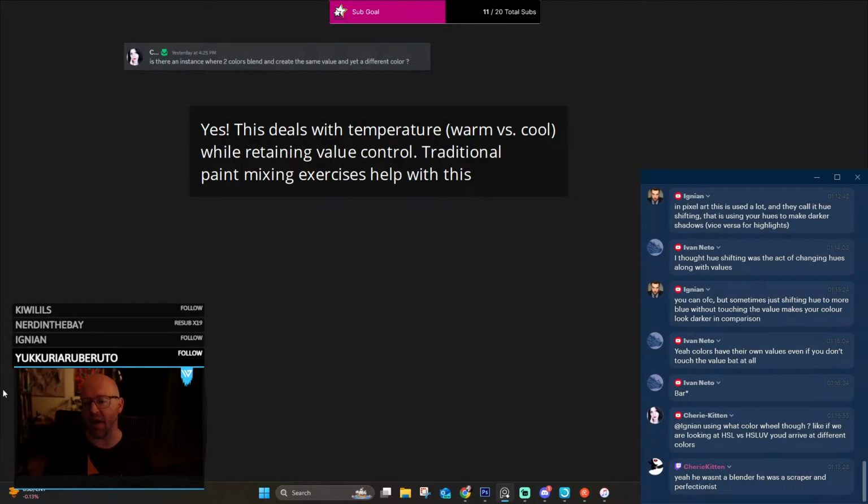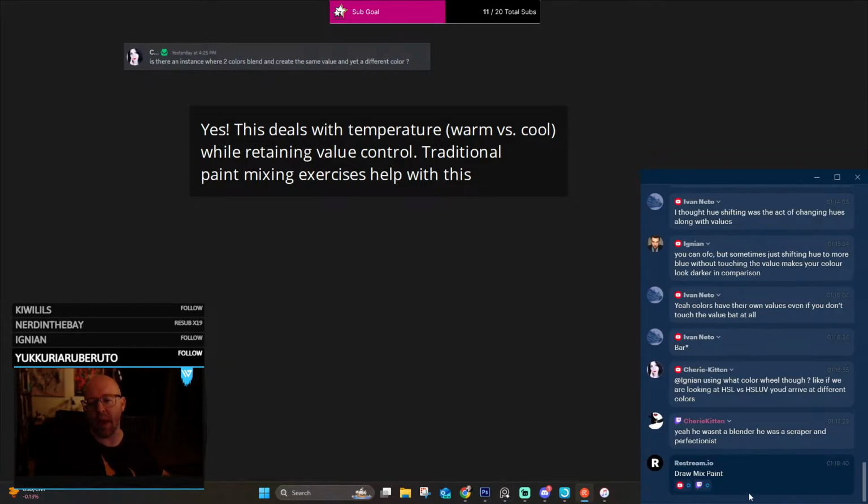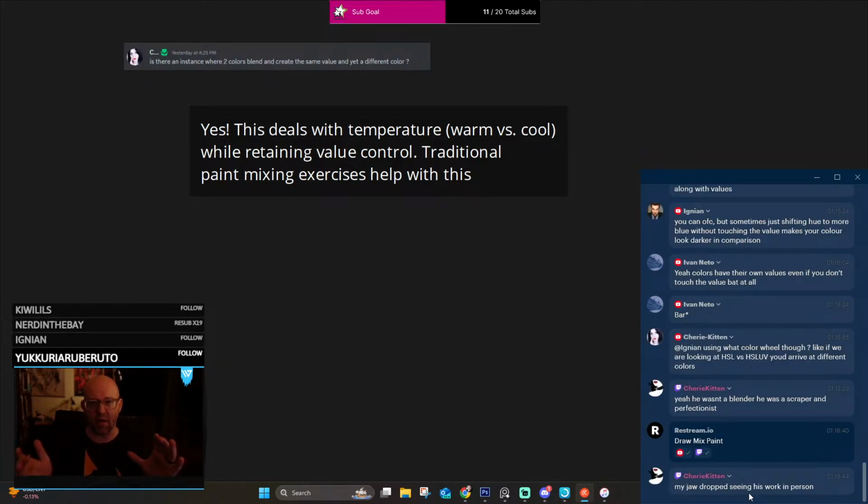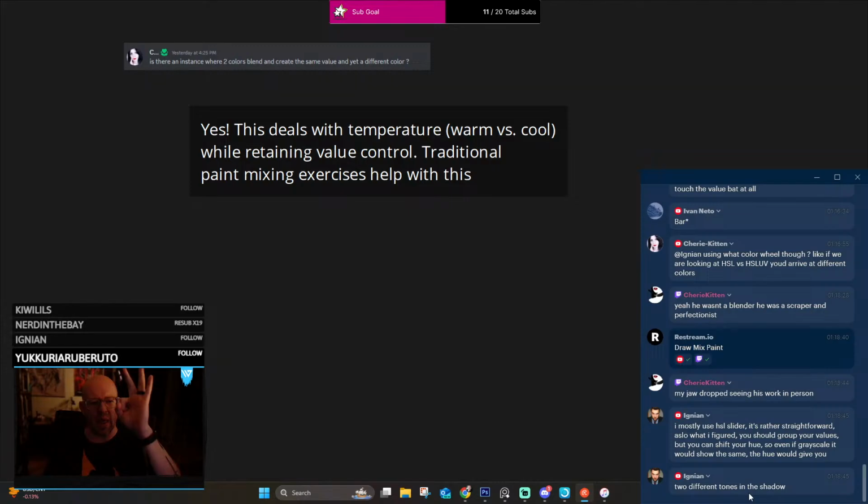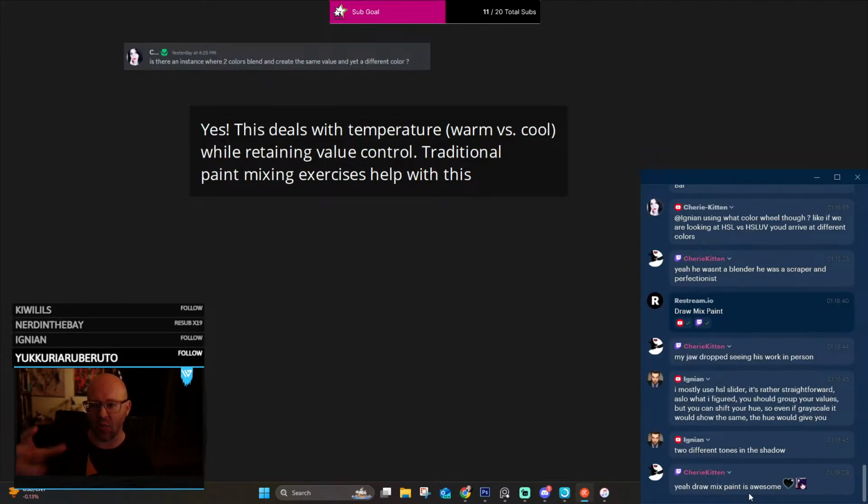If you look up his channel, Draw Mix Paint, he has a method of painting which is literally by using a sight, like a sight lens. You don't put a mark on the canvas until you have that exact same color and value. It has to be identical. And people are like, oh, well, it's paint by numbers. That's how the old masters used to work, man. If you look at that and see just how good and how realistic and representational that oil painting style is, it's unbelievable.